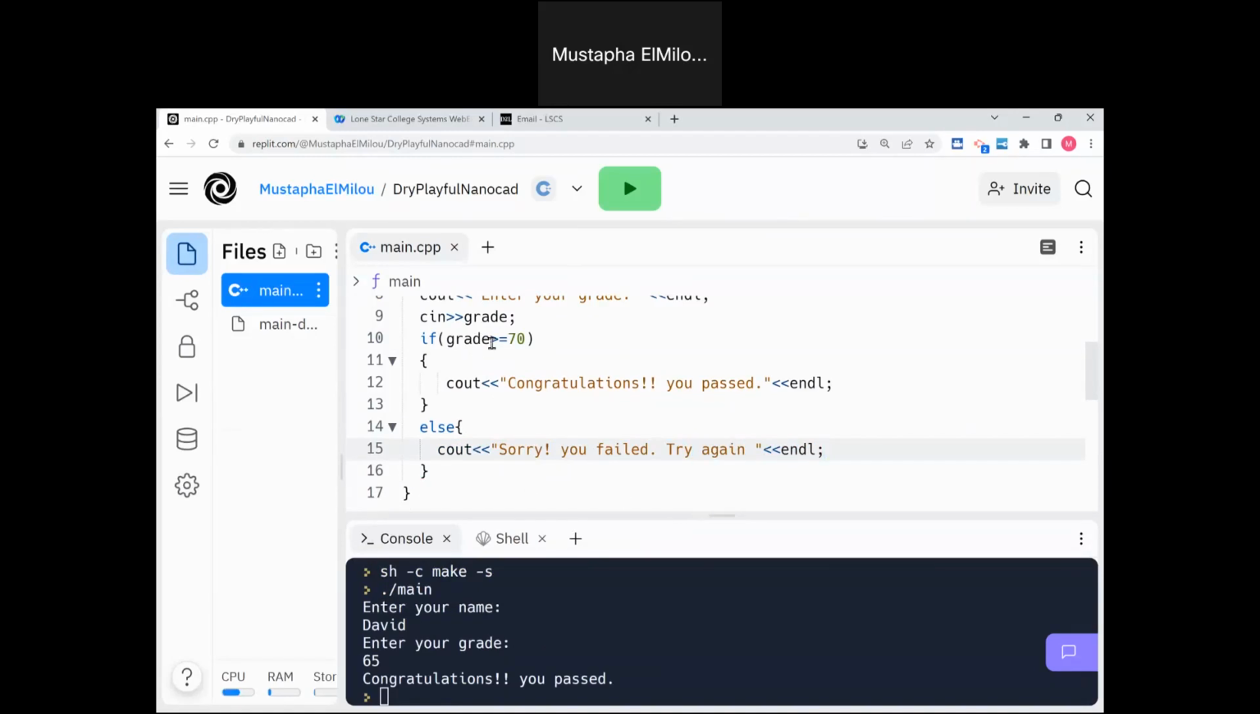So what happens is, if the condition is true, the program, the compiler, will execute the statement or a block. Sometimes you may have more than one statement that comes after the if, and it will ignore the statements after else, because you cannot be passing and failing at the same time. You cannot be present and absent at the same time. So one of them will be executed, and the other one will be ignored. So here, as you can see, if the grade is higher or equal to 70, the computer will say, congratulations, you passed, and the else will be ignored. Now, if the grade is less than 70, 69 and less, then the first one will be ignored, and the sorry, you failed, try again statement will be